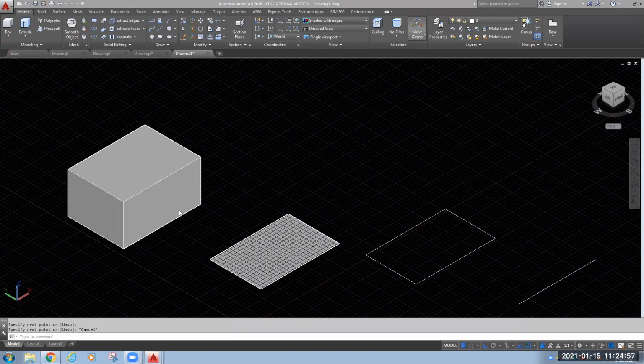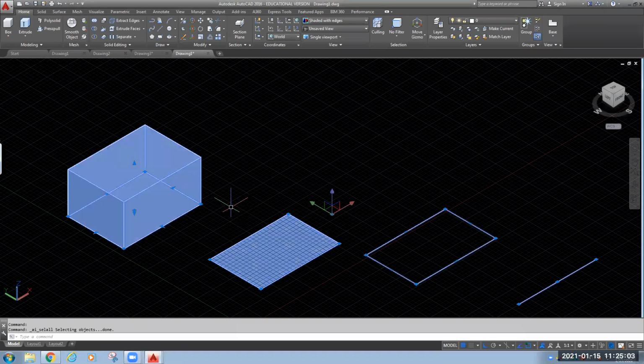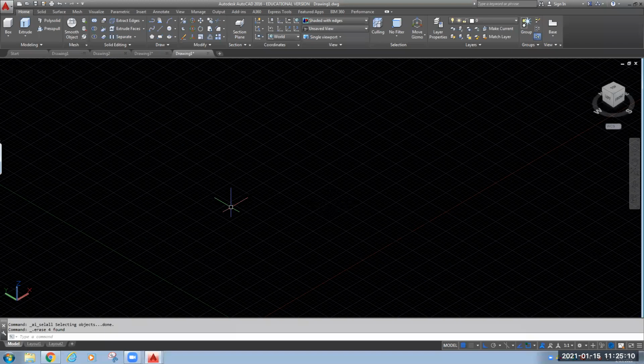Control A, you can use the shortcut key. Control A will select everything, whatever is drawn in your workspace. Then I'm going to press the delete key on my keyboard. So everything I have deleted, because I want to show you these ready-made primitives that are available in your AutoCAD